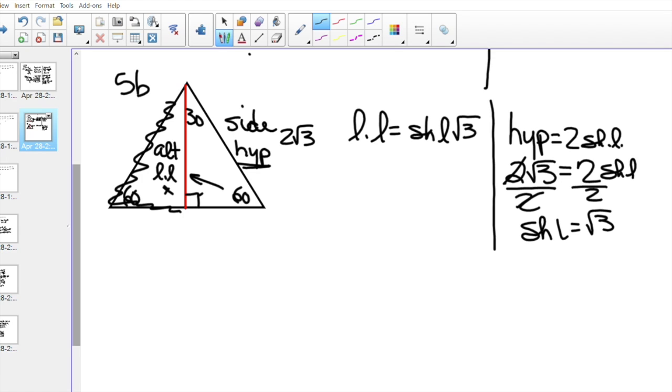Now, what we're looking for is the longer leg. Well, the longer leg is said to be the shorter leg, which is the square root of 3, times the square root of 3. So the longer leg would be 3. Now that is how you would do 5B. Now we're moving on to